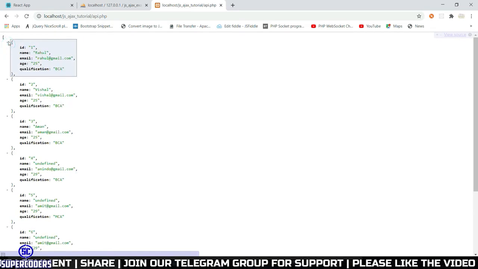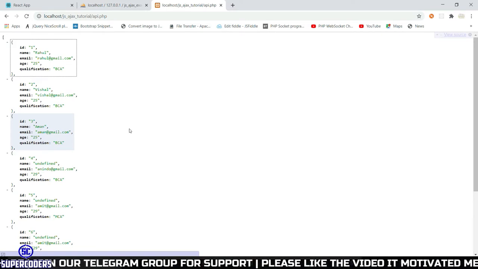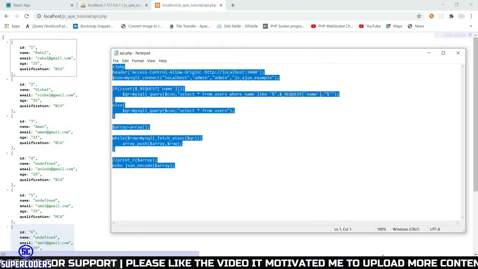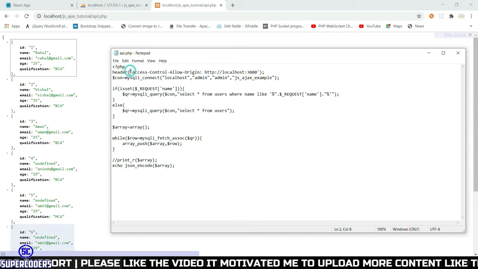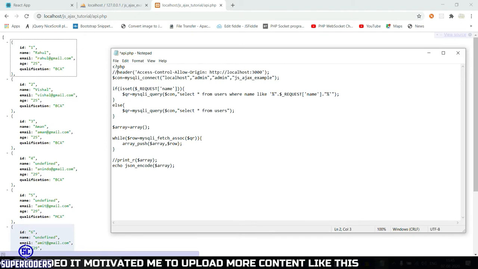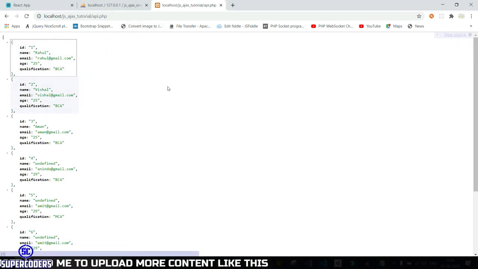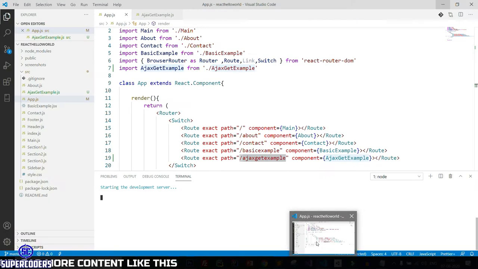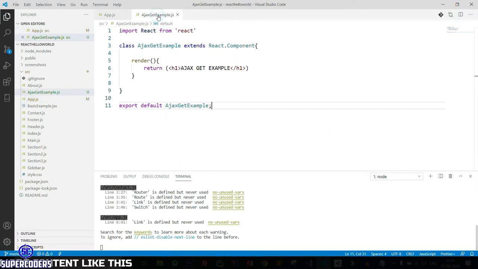Now let's see how you can read this data in our project and how you can access this data from the API using React.js. So now let's do one thing, comment this. I will show what the difference is if you don't use allow access. So I will show you what happens if you don't allow this. Let's comment it. Now let's access this data in our React project. So come again, open VS Code.